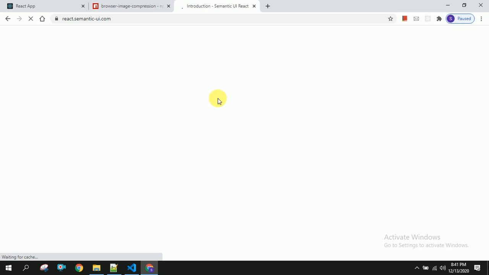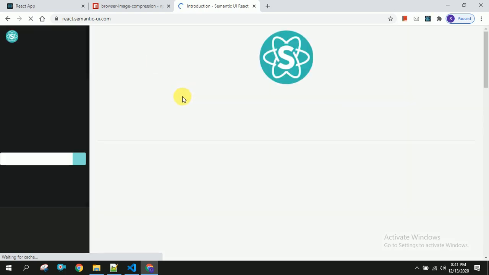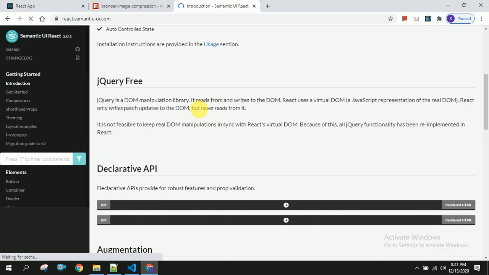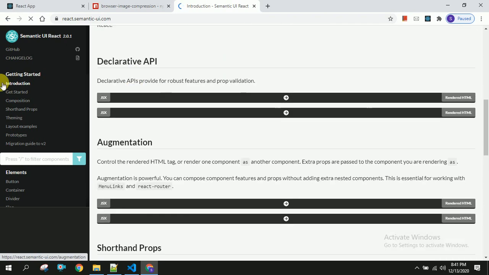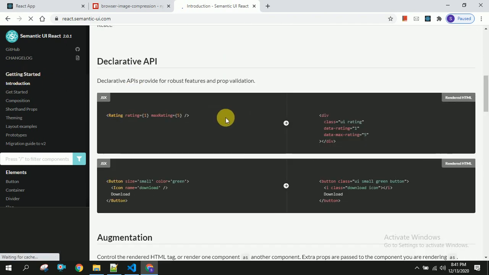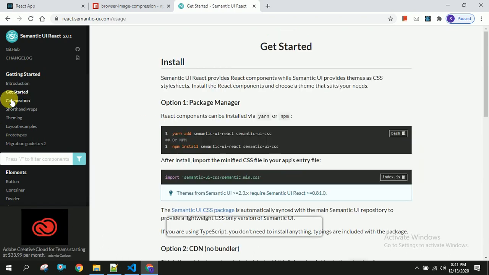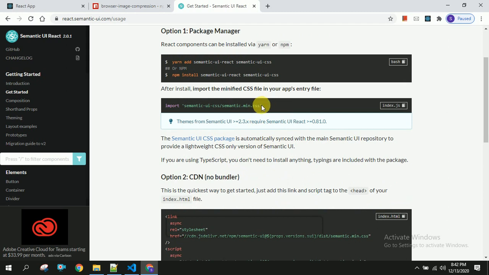I have already installed this, so I'm going to show the command for how to install it and where you have to place it. You have to go to get started, and install with npm install semantic-ui-react and semantic-ui-css, and you have to include the import CSS statement in the index.js of your application.